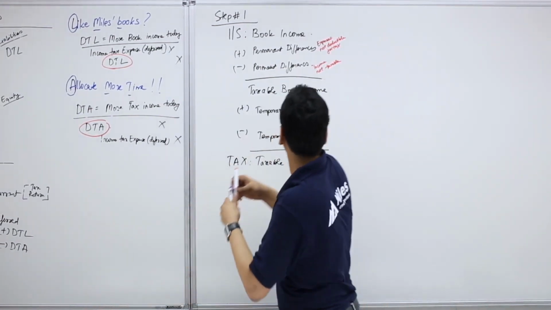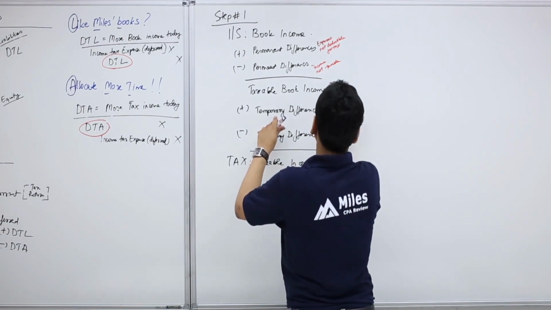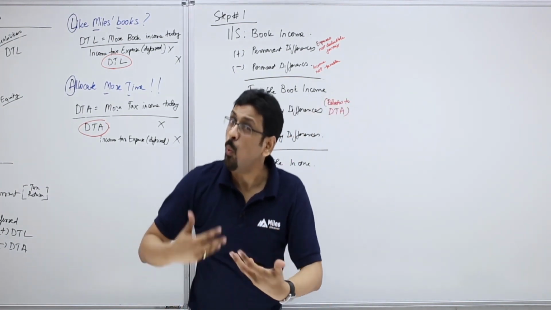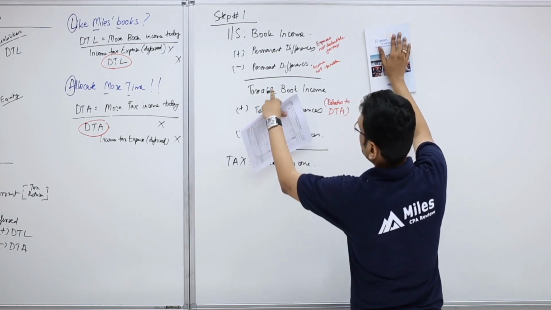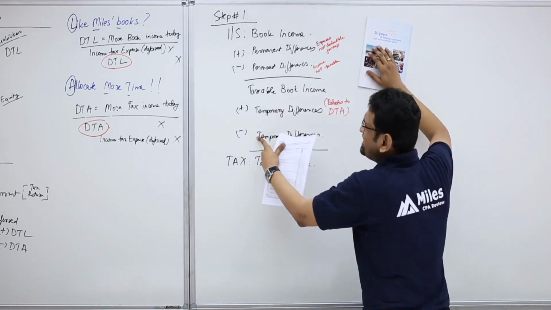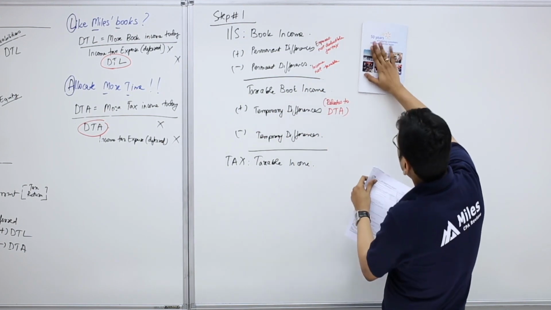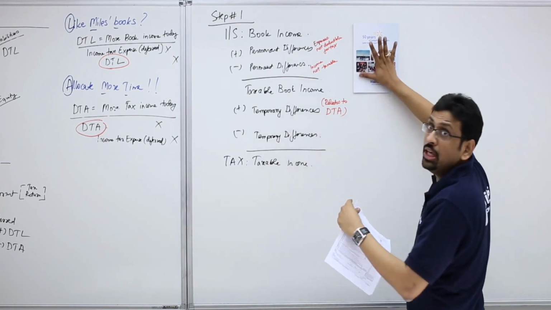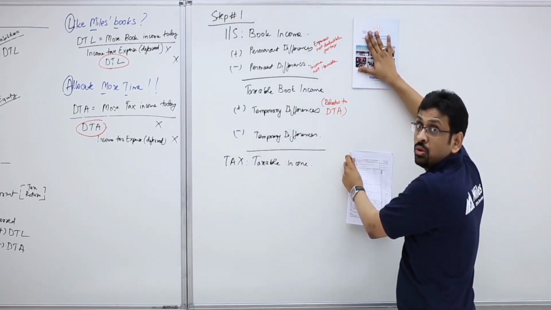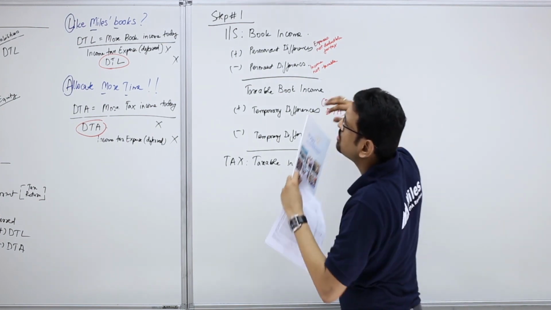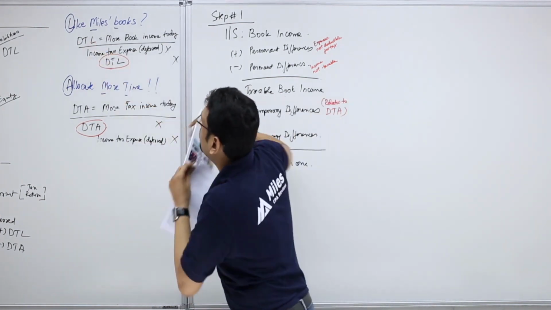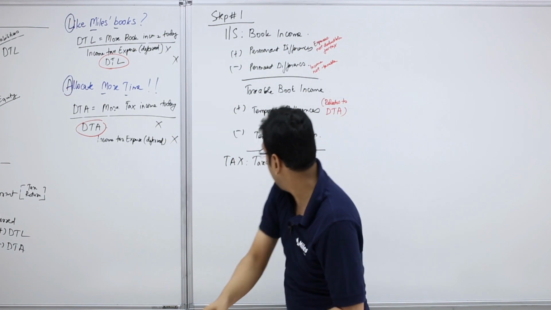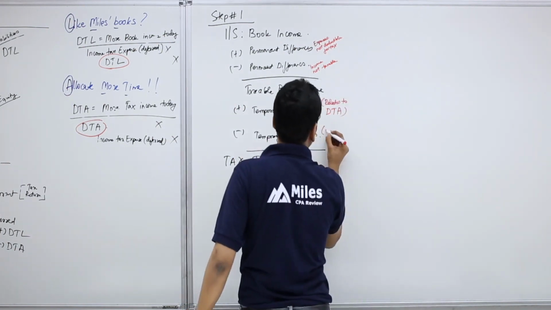So this one relates to deferred tax asset. Now the animation once again. GAAP books, tax books. When would we subtract temporary difference? When this one is more than this. We're going to subtract temporary difference only when your GAAP books are more than your tax books. That means this is a deferred tax liability because it's more book income today. So you could say these temporary differences relate to